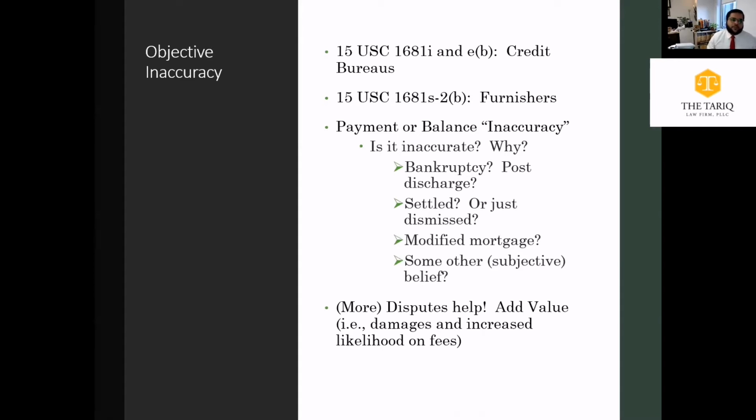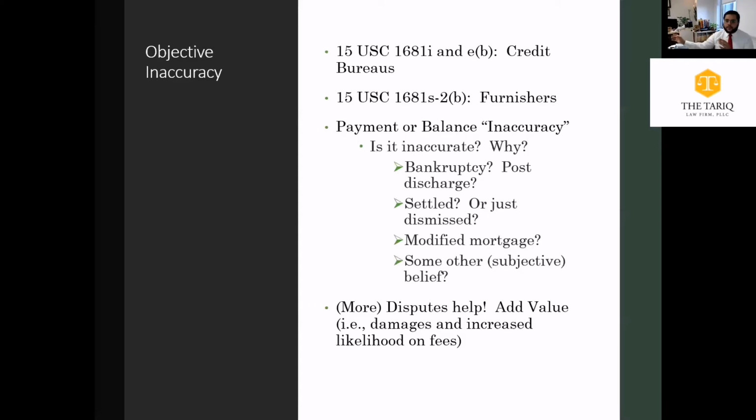So it's really important to understand what is wrong with the trade line as it appears on the credit report. Okay, that is the most important thing to think about. What is wrong with the credit report as it appears? If you're telling me that the account was paid, then you should have some sort of proof. If you're telling me the account,